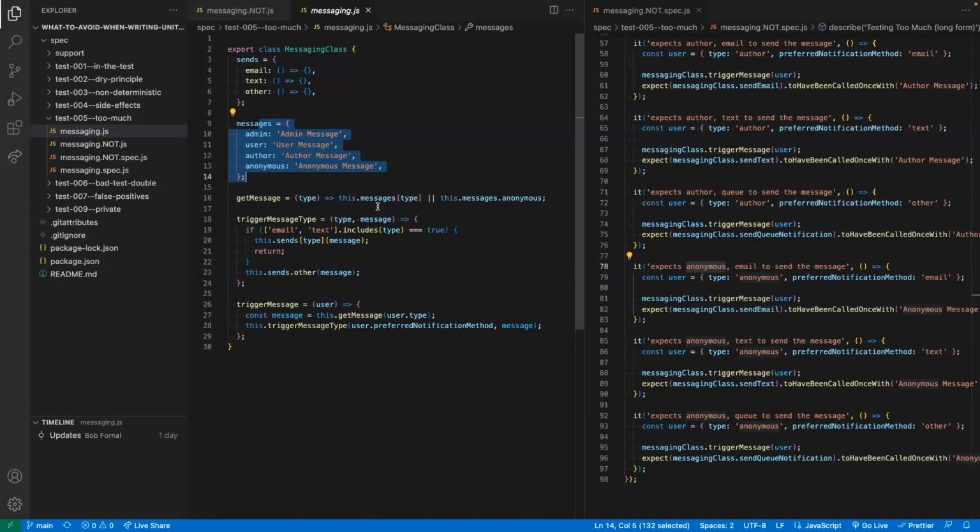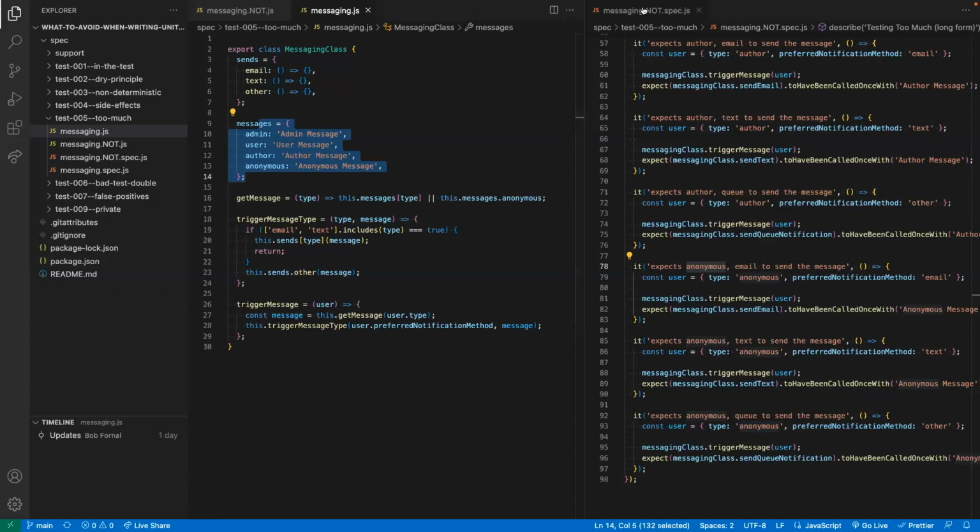Okay, now realize on the get message, we have 2 routes through. Trigger message type. You pass it a type, you pass it a message. If the type is text or email, you use the send for email and text, right? Sending it the message. Or you use other. So again, 2 routes through. And then our trigger message simply gets the message and triggers the message type. Uses those 2 new functions, and so that has 1 route through. We've now reduced our code complexity from 12 to 5. Total class complexity, okay, not individual